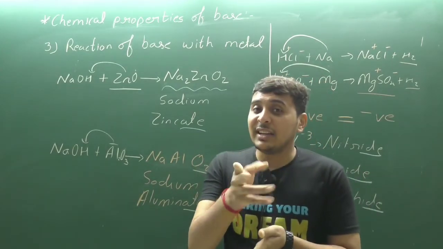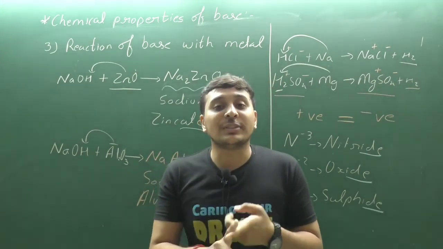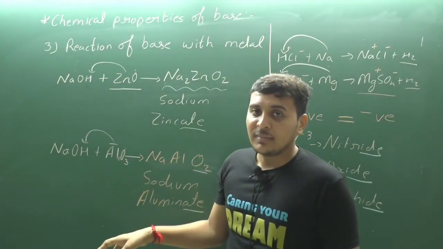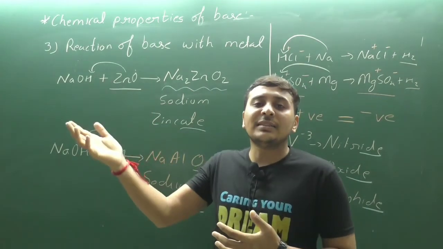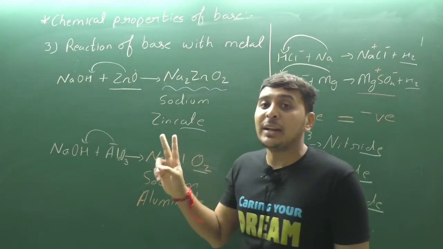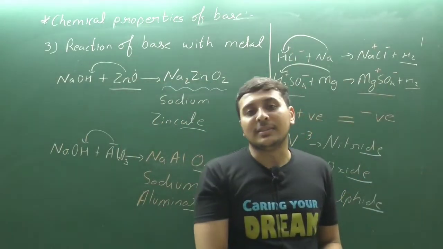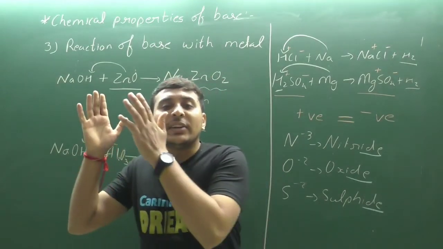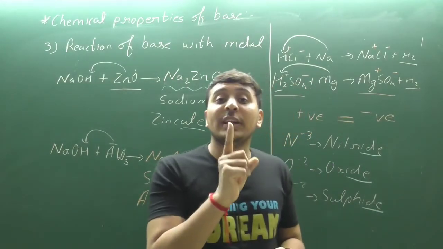Not all the metal oxides can react with both acid and base. Up till now we have only known two such oxides. There might be many more in the higher classes, but for the 10th we have two oxides, zinc oxide and aluminium oxide, which can react with acid as well as base. The metal oxides which can react with acids and also with base are known as amphoteric oxides.